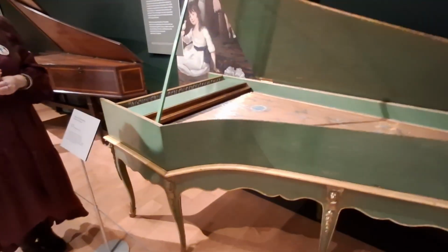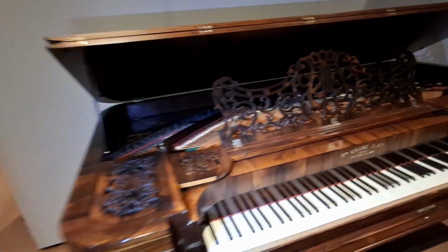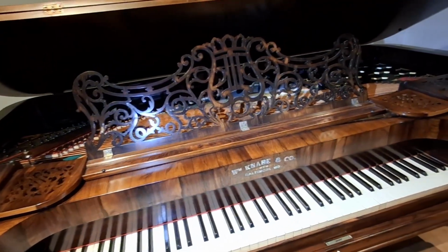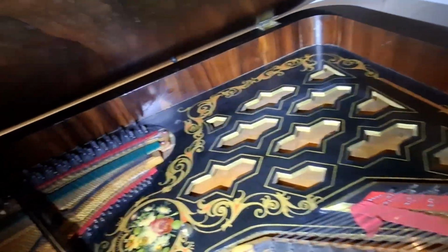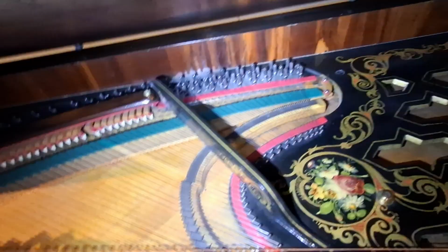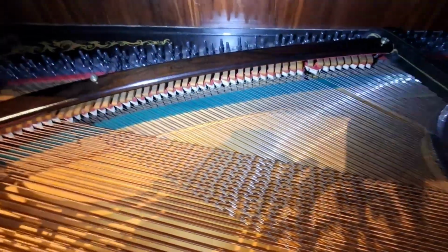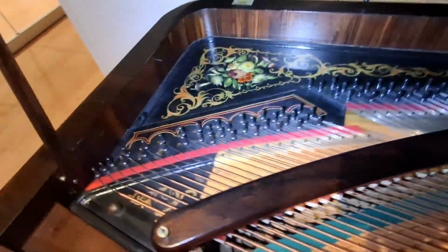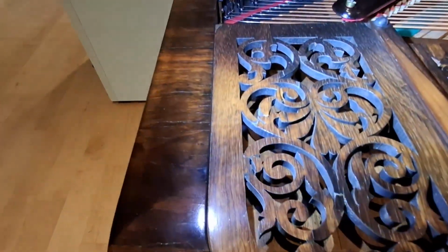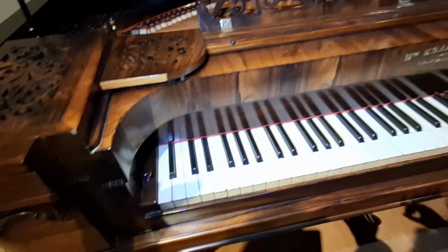Sure. Okay. Ooh, my goodness, this is a gorgeous piano. Holy cow. Yes. Look at this. It's late 19th century, made in Baltimore. This is one of my favorite instruments. Brazilian rosewood, I believe, and it's absolutely stunning. I love the sound of this. I find that it has a very open, very typically American sound in a way that I have trouble explaining, but